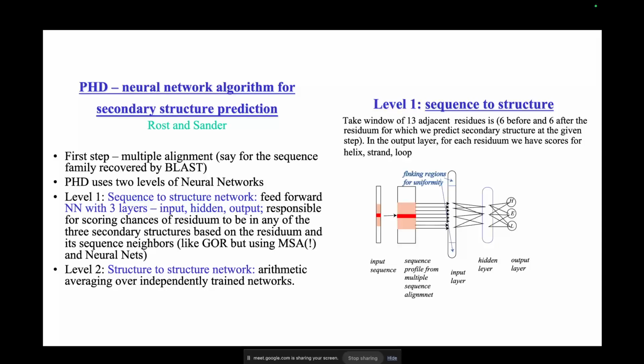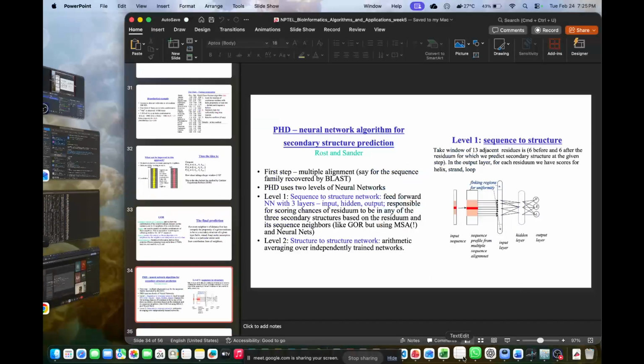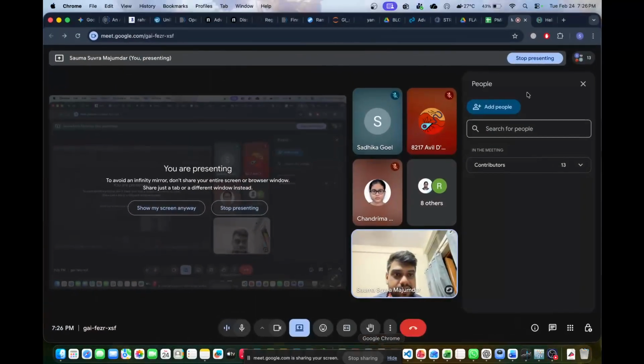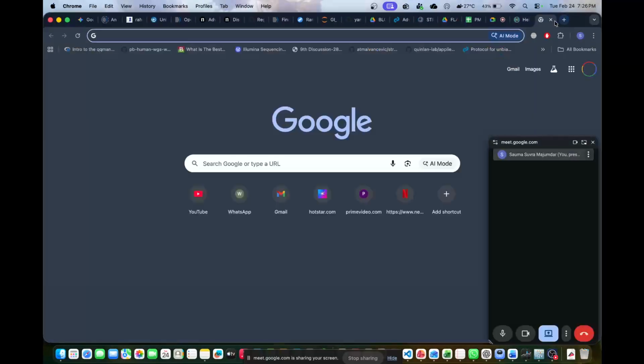But next we have a lot of machine learning approaches, right? So I'm just going to talk about this particular approach, which is the PhD approach, which uses 2 levels of neural network. So this is a deep learning model. I'll not go into the details of the models because that is out of scope of this course. But if you are interested in deep learning with respect to protein folding and protein structure prediction,